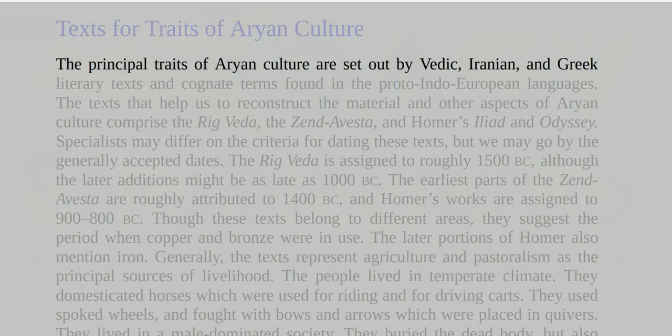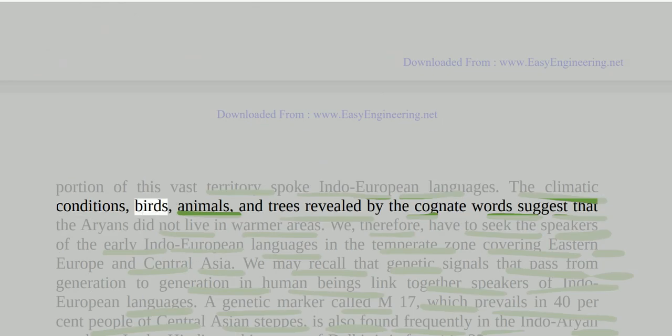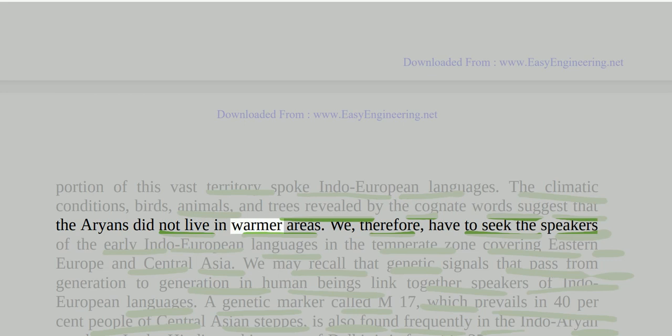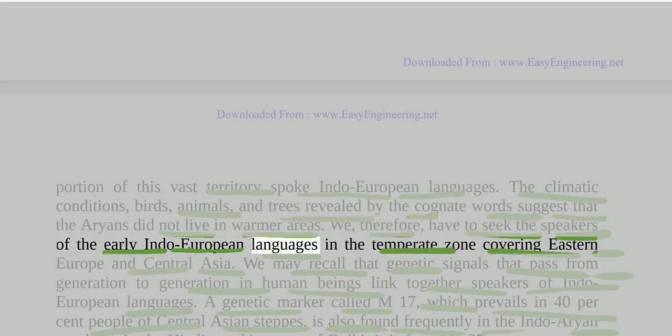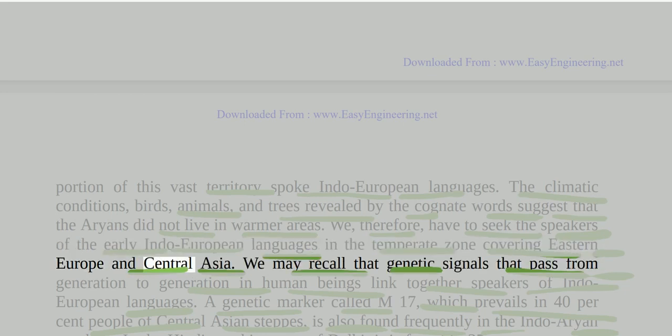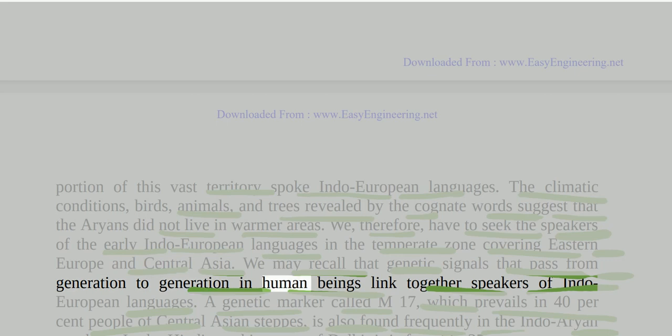Birds, animals, and trees revealed by the cognate words suggest that the Aryans did not live in warmer areas. We, therefore, have to seek the speakers of the early Indo-European languages in the temperate zone covering Eastern Europe and Central Asia. We may recall that genetic signals that pass from generation to generation in human beings link together speakers